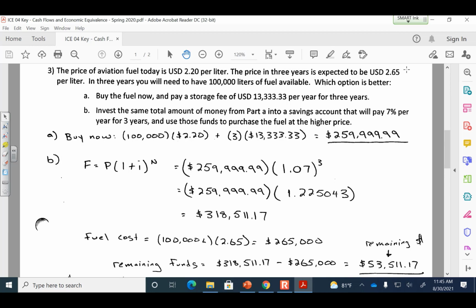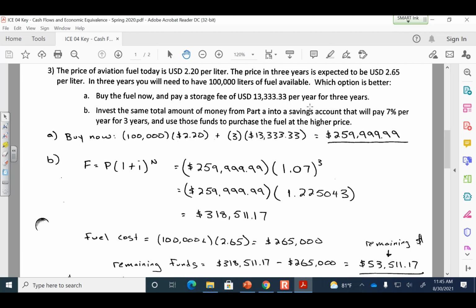So part B is saying, if you take that money and invest it, then what would the situation be? Find out how many dollars you've got in the future, what number of dollars is available, and then how much would it cost to buy the fuel at this higher price, where the price is $2.65 per liter. Okay, so the first part of that is to find out how many dollars are you going to have in